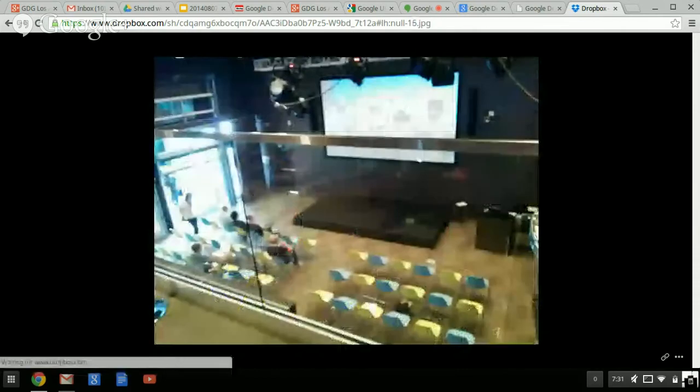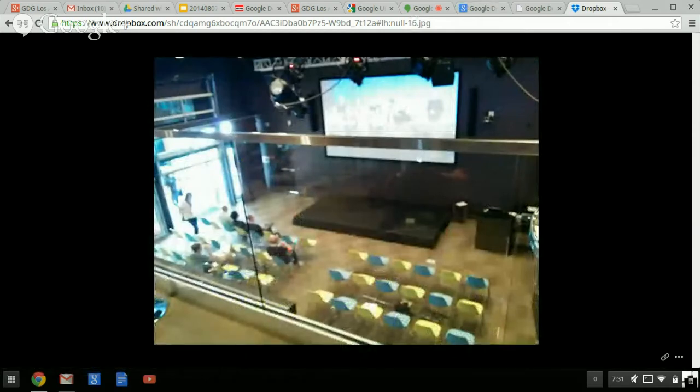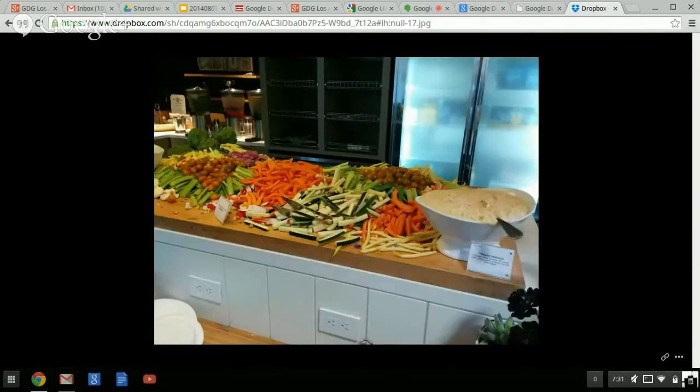Here's a picture of the main auditorium where we watched the keynote. There's actually an upstairs area, and I didn't take a picture of this, but right back there there's beanbags. So if you wanted to watch something going on there, you can lay down in a beanbag. This is some vegetables there if you got tired of all the sweets and wanted something healthy to make yourself not feel as guilty.